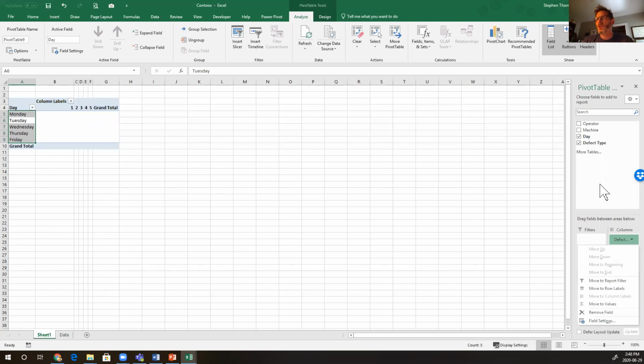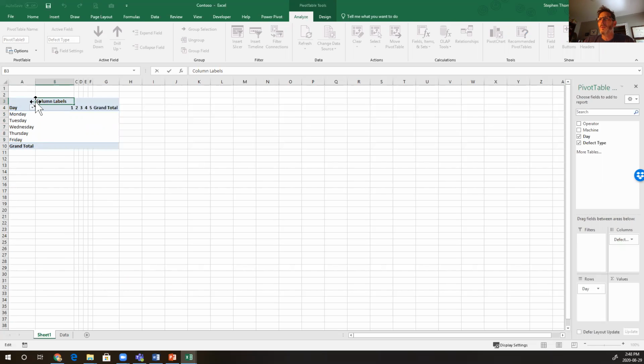So again, we're going to use the crosstab. Now we're going to change this column label up here. I'm just double clicking, and this is going to be, again, defect type. So just note that. Now, the interesting thing about this data is that we actually don't have any quantitative data